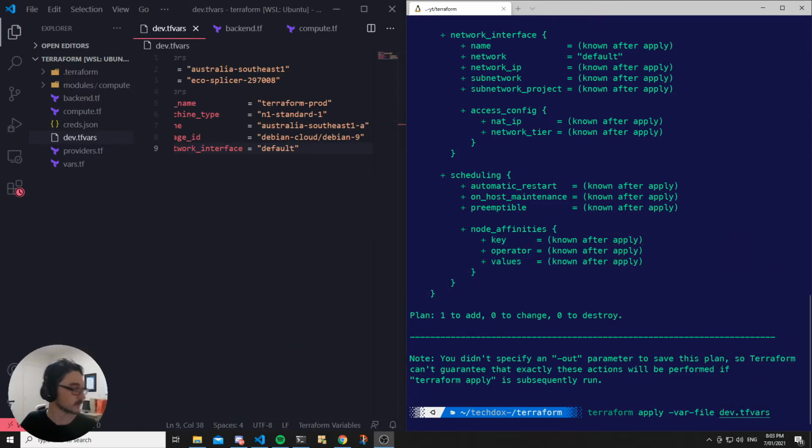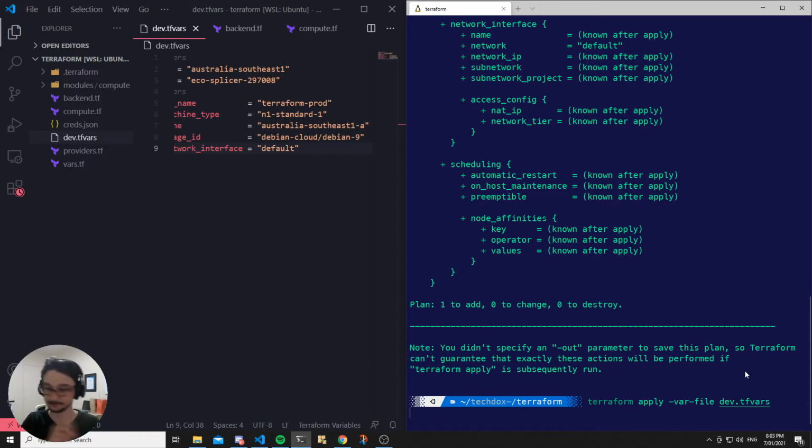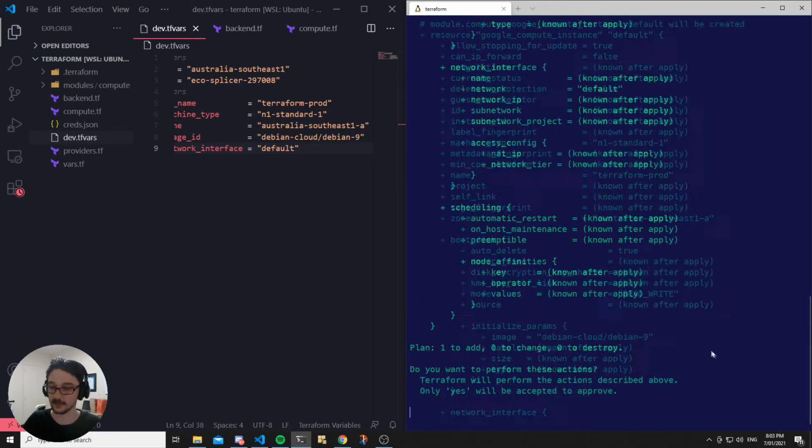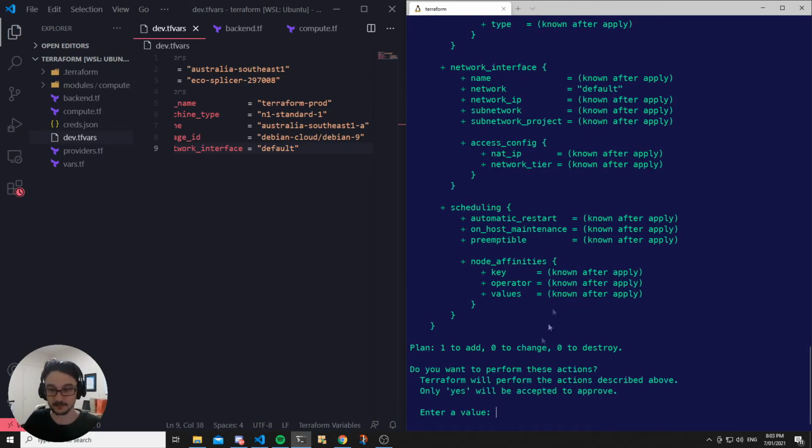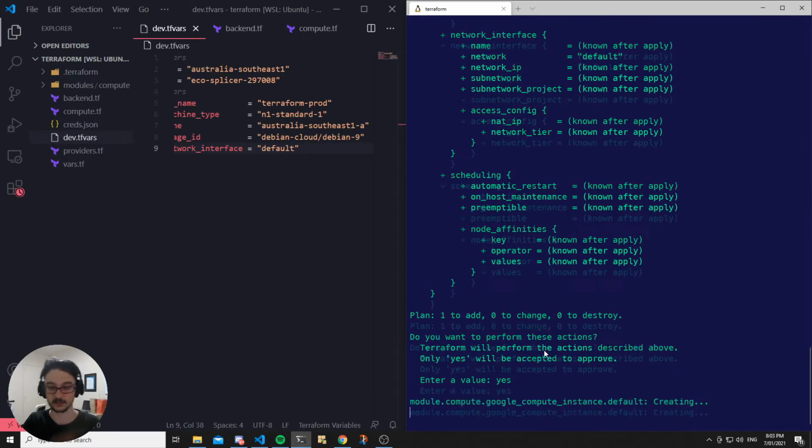Look at that, magic. So what I can do here is, as you can see down here, that's just where it's getting all the files. I'll hit enter. So all the variable names. And again, here's the plan. Yep, please create that. And then if we jump to Google Cloud